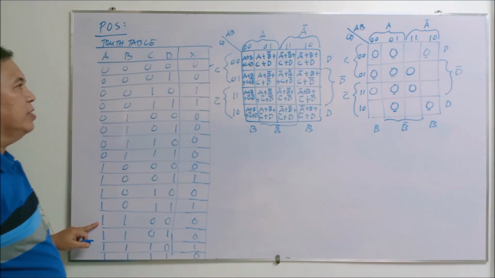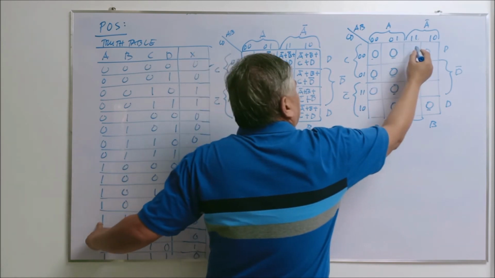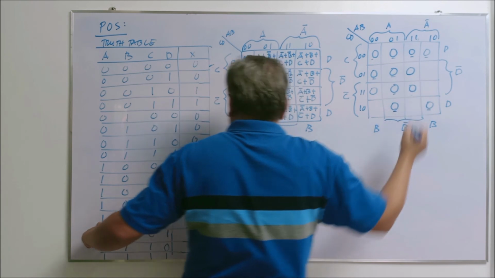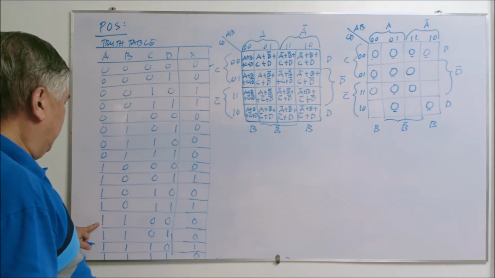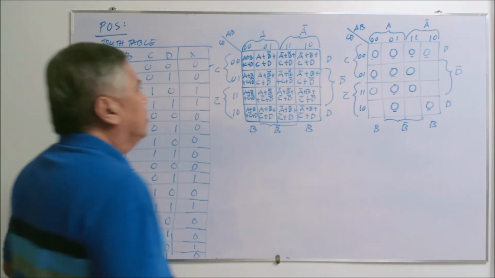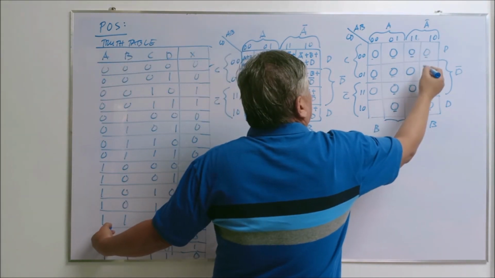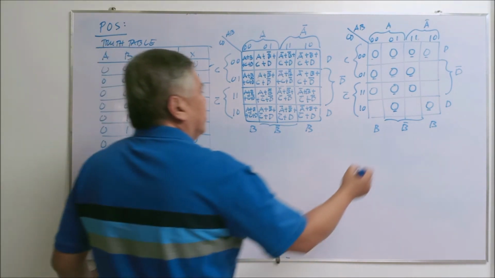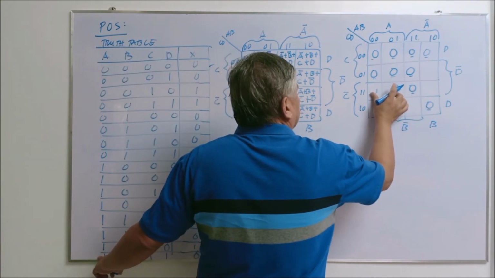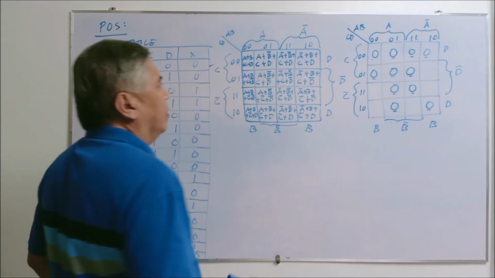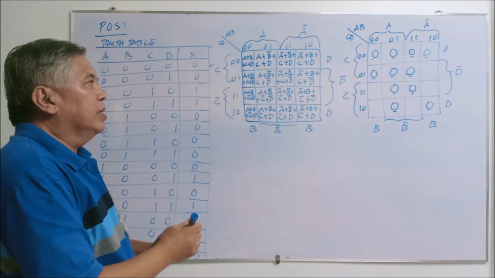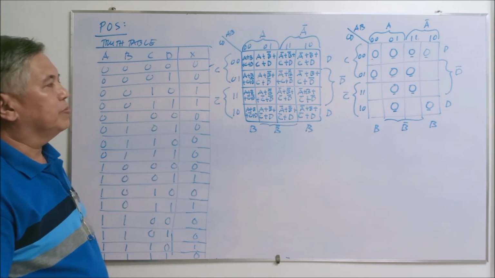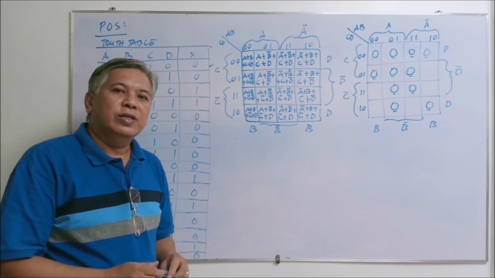Then you have 1 1 0 0, so it should be here. Then 1 1 0 1, this one, and then 1 1 1 1. So this one here is not included. Okay, so it's good to review the location of your output. Okay, the next is to, of course,